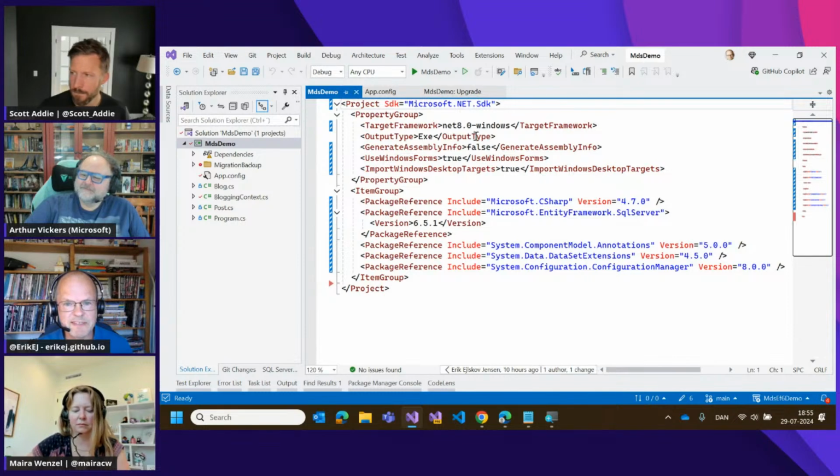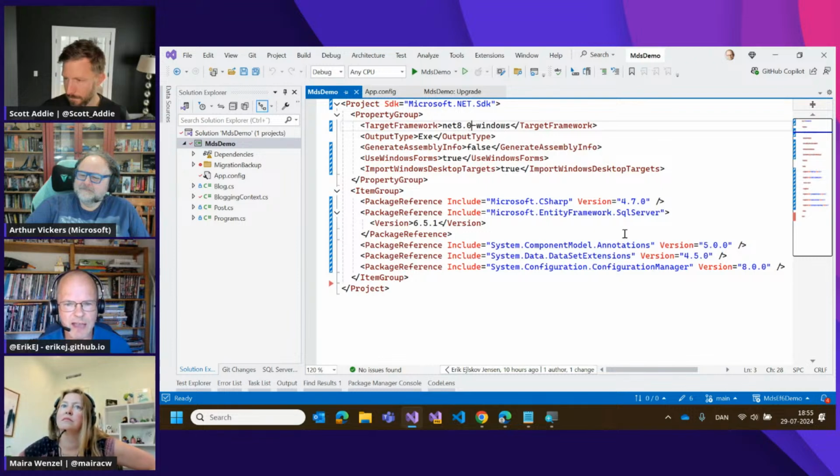And this could be sanitized. I did try that, but for the sake of time, I won't do it. Right now, it's targeting Windows, but this can be sanitized to be a cross-platform .NET 8 console app, so it can run on Linux and other operating systems as well.